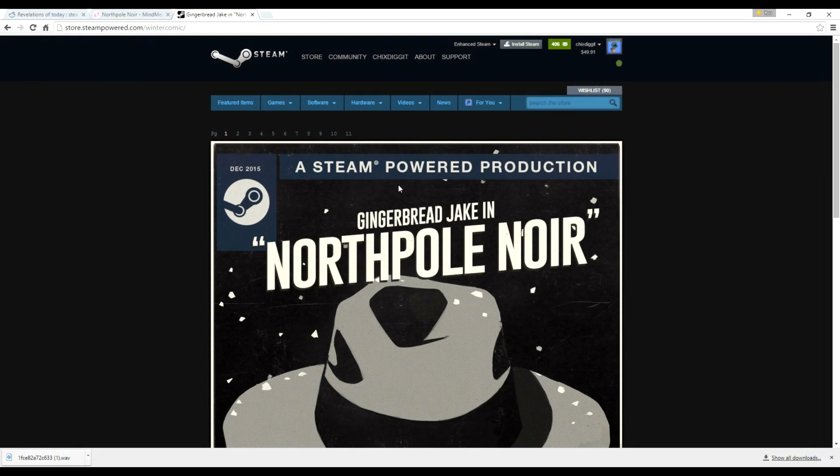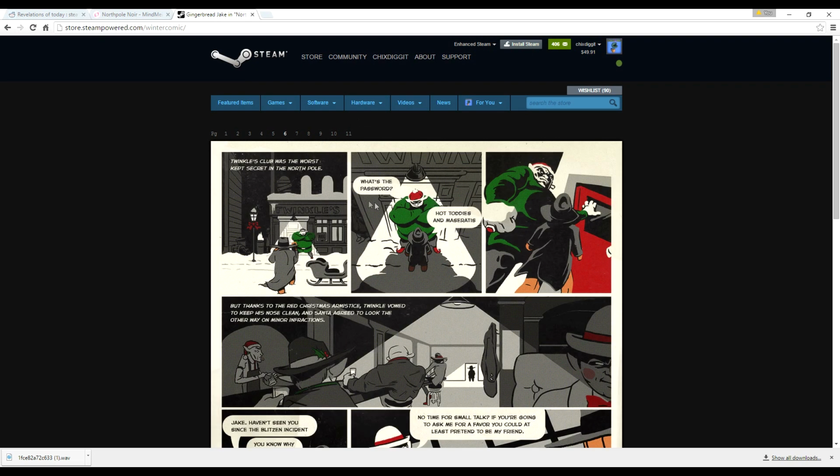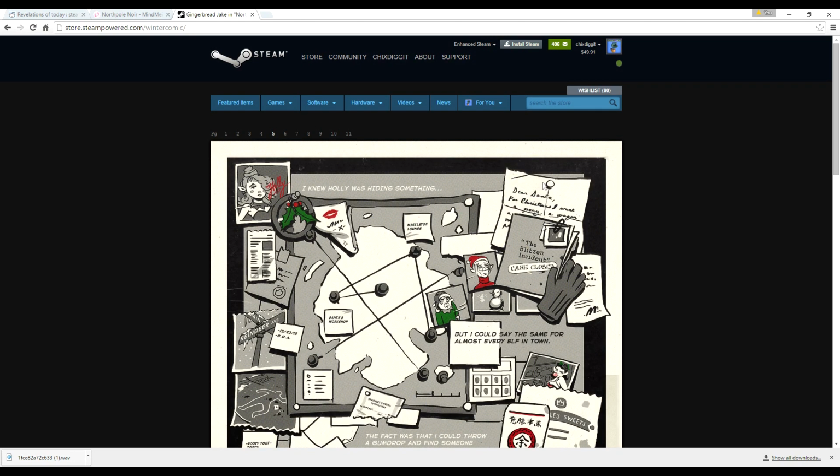So that is the main real information here. There's a couple of other things. If we look at page 5, right here, it's the Blitzen incident, case closed. That's a clue. On page 6, in the second panel here, the bouncer asks, what's the password? He says, hot toddies in Maseratis. So back here, the Blitzen incident, if we type in Blitzen,